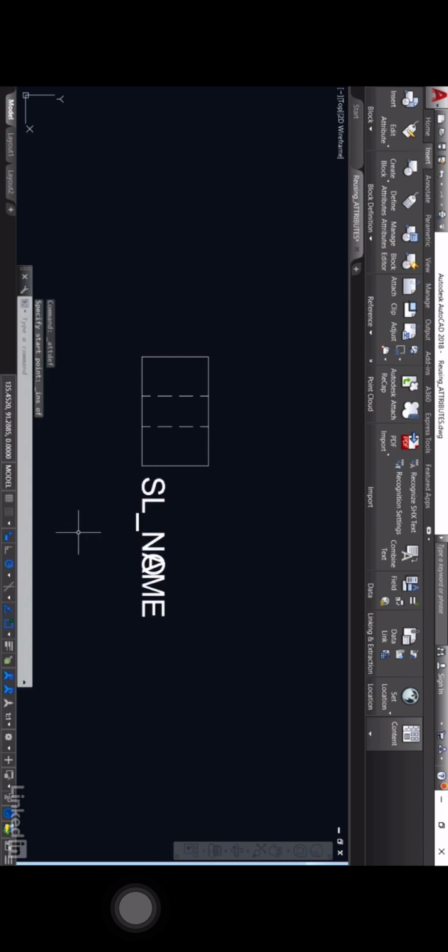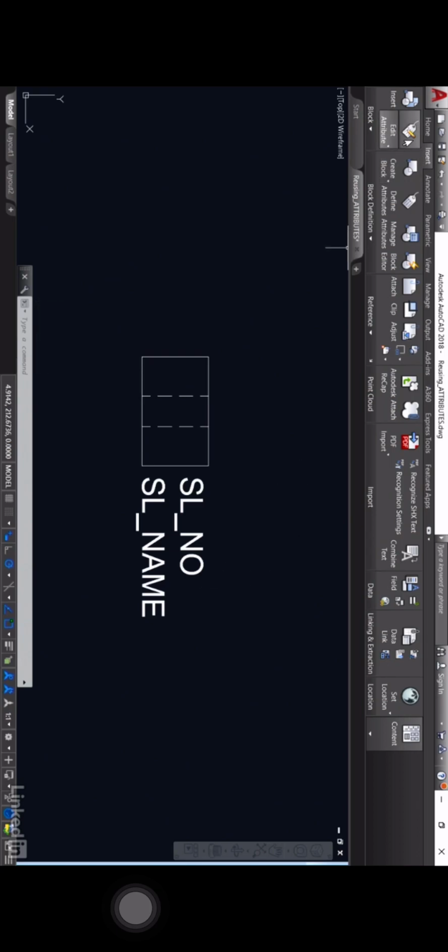Now that puts it on top of the other attribute, but then I can select it there, click on the grip, and just drag that up using the polar tracking. I know that that lines up nice and neatly and it's all left justified. So I'm just going to drag that up a little bit there. It doesn't matter what distance. I'll just hit escape to deselect it. So I've now got my sleeve with my outline and my dash lines and my two attributes ready to be